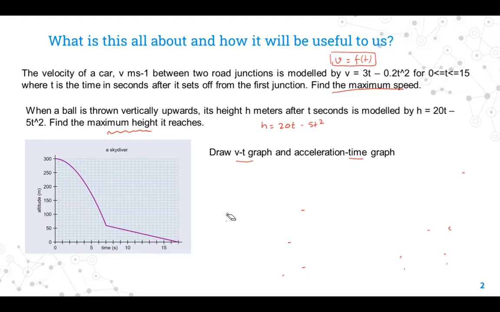Now let us try to understand the other problem. Though I'm not going to solve this problem in detail, we'll try to draw certain things. See, this is the altitude versus time graph. In short, this is the x versus t graph or height versus t graph, whatever you want to say. In this graph, if we draw a tangent over here, the tangent will be flat at this point. If you draw a tangent over here, it will come like this, and over here it will be like this.